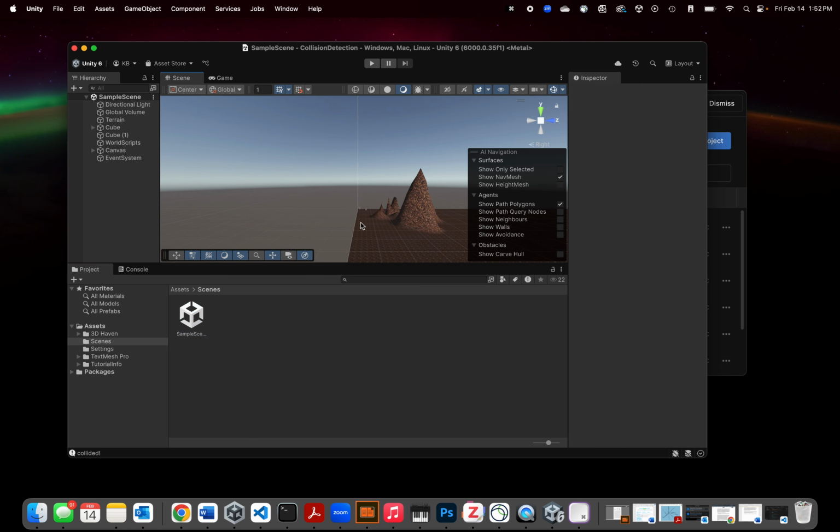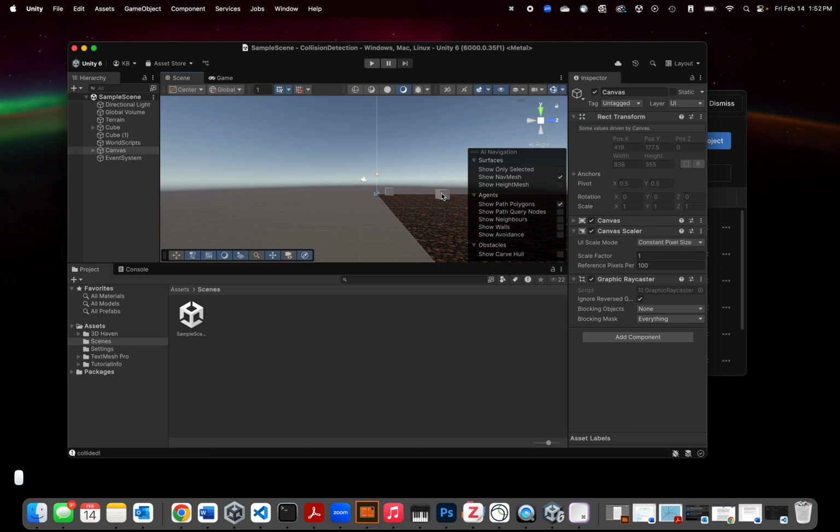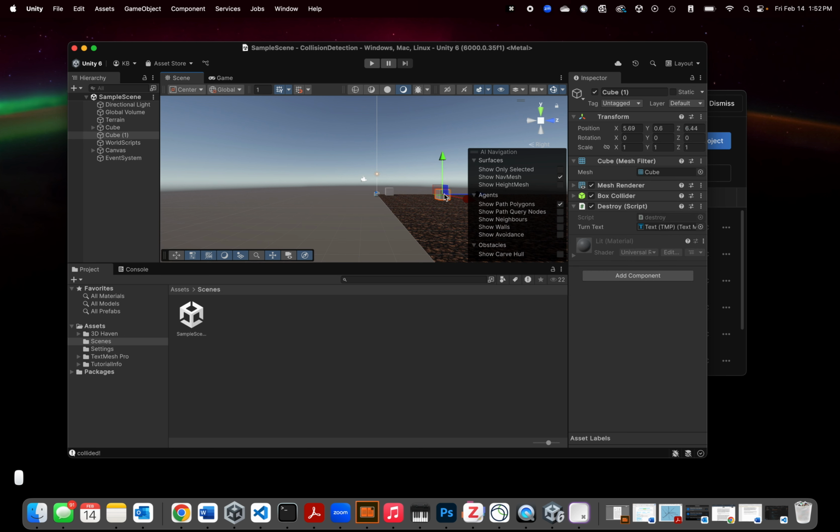So let's find a spot where we want to collide with something. Forgive me, I don't have my mouse on me right now. So let's just choose this object,